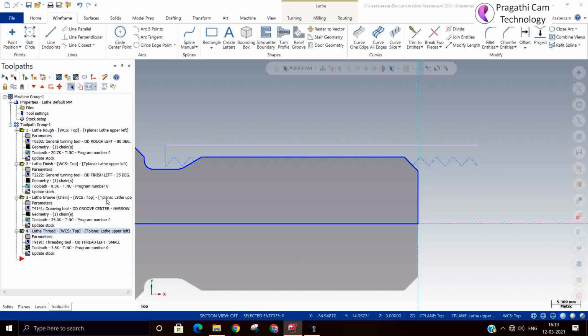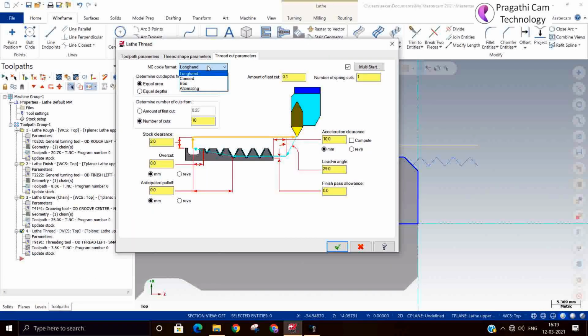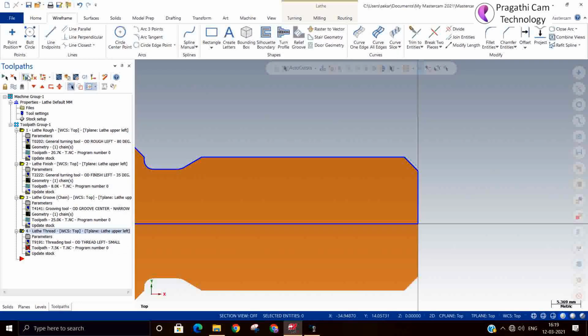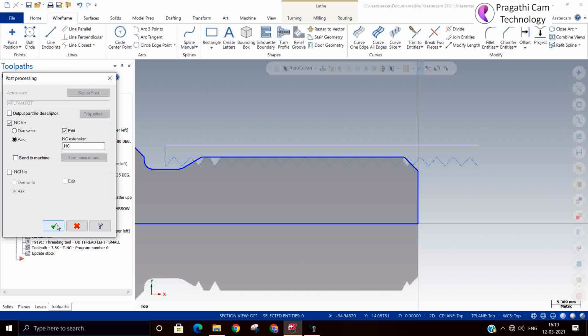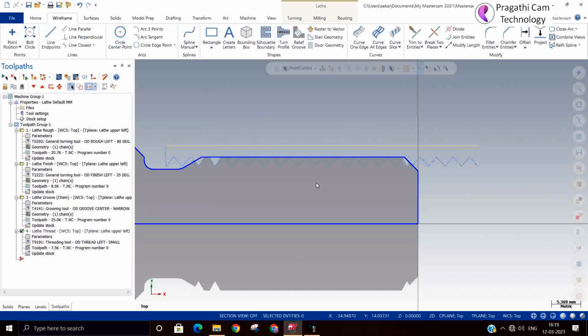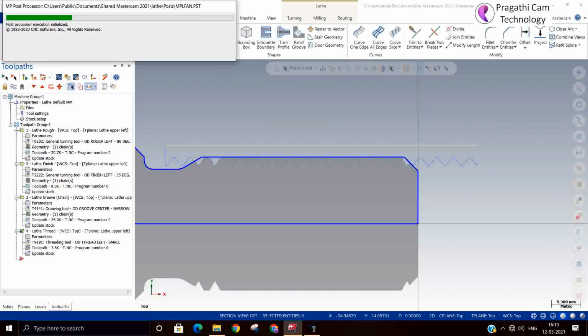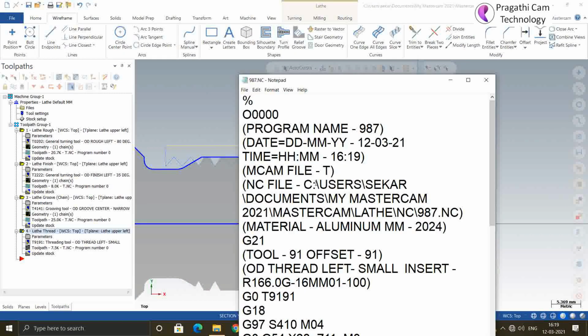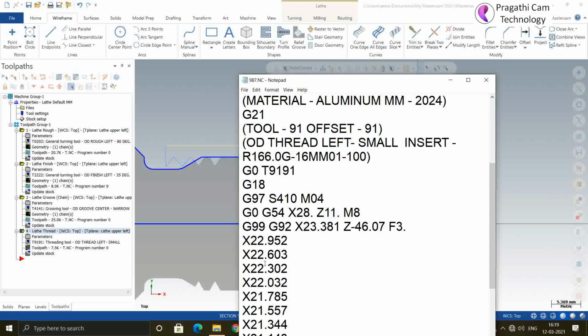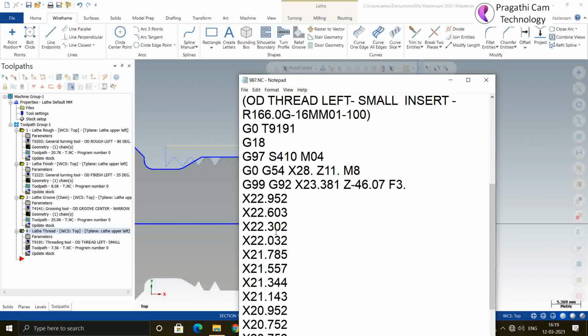One more option is there, box type. I think box type also will give you G32 only. Let me see. Any further modification needed can be done by post processor customization. When it comes to box type, it comes as G92, and G92 is coming.